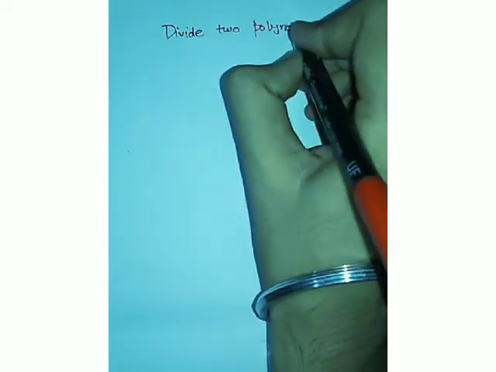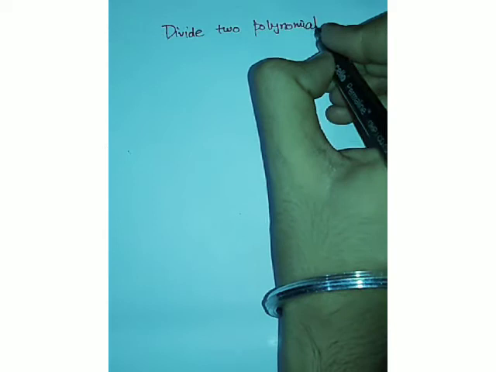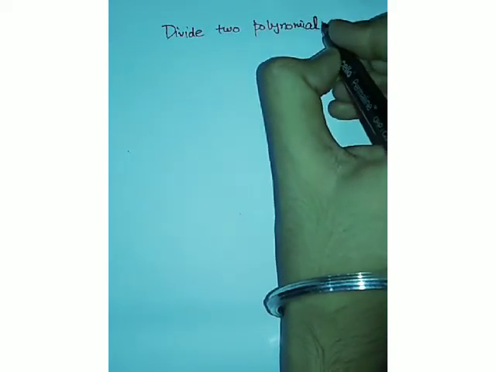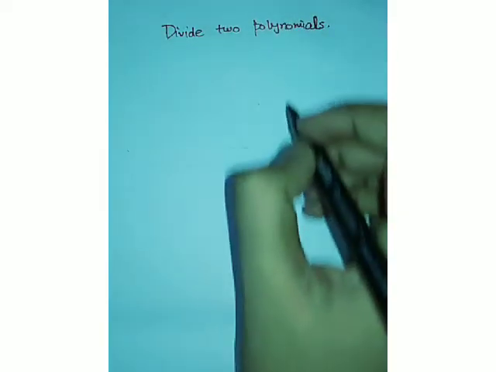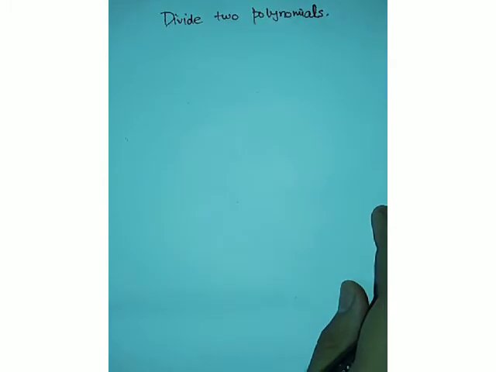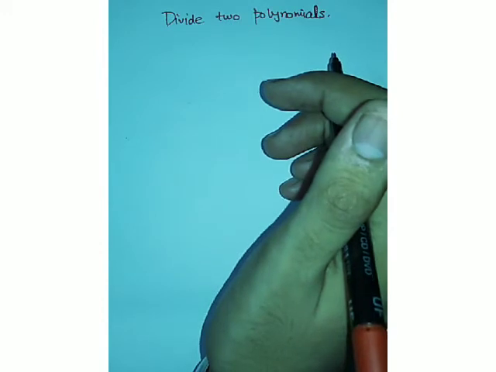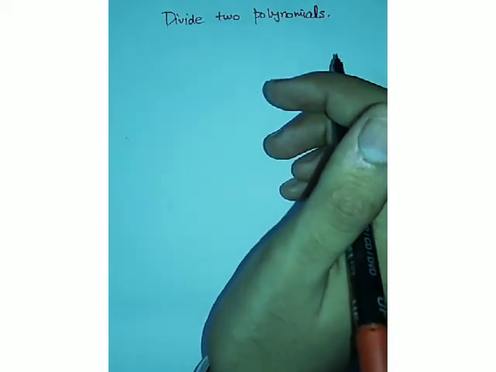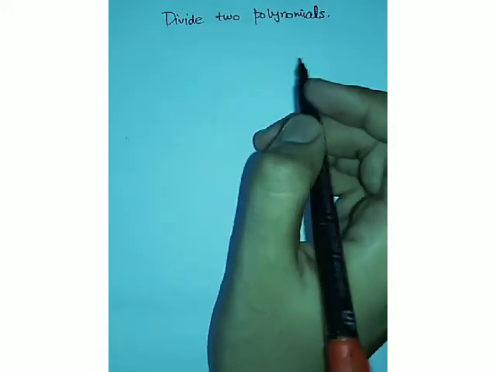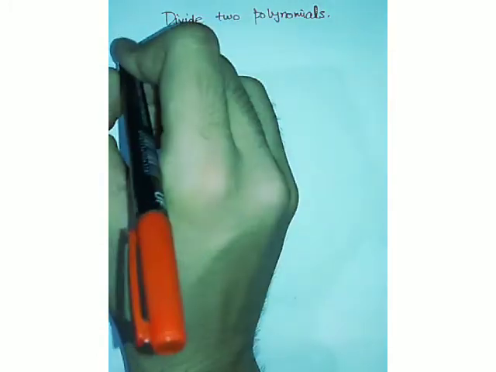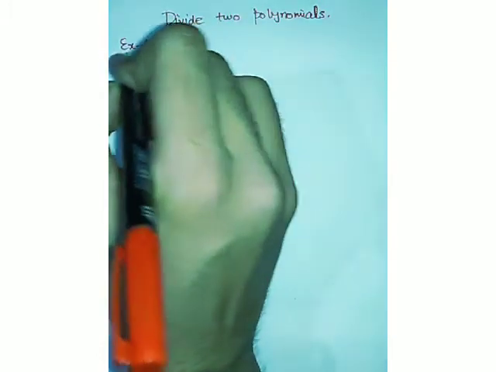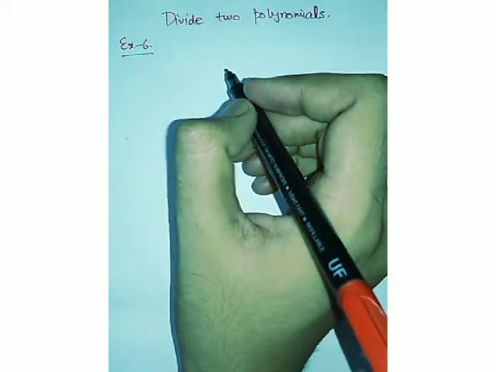It's a very easy concept because it follows a basic pattern, a basic sequence of steps which must be followed in order to get the answer right. Most of you must be familiar with the division of two polynomials, but let's remind and help those students who are not familiar with the concept. We'll directly start with an example and see how this method goes.